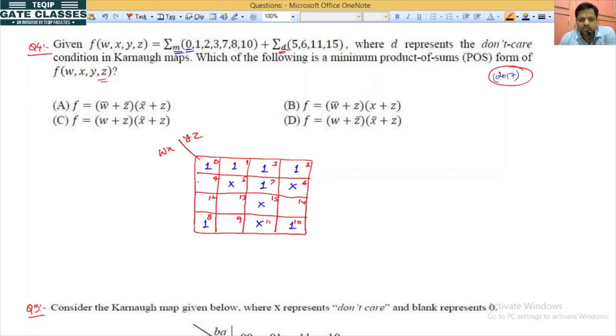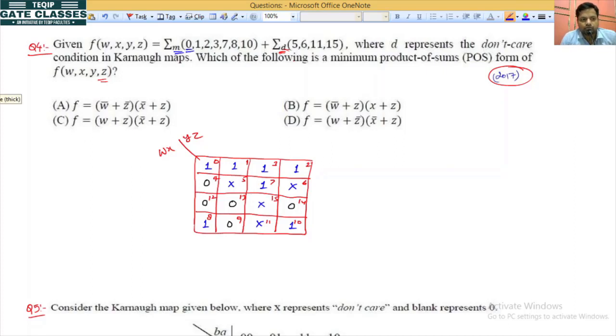And these remaining places, these missing places, what is present here? 0. So 0 is here, 0 is here, 0 is here, 0 is here, 0 is here. Okay? In a min term K-map, whatever missing places are there will be 0. And if some places are missing in a max term K-map, then those missing terms are 1. Okay? By default. Always remember this.